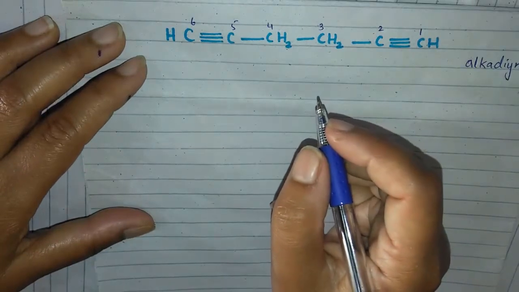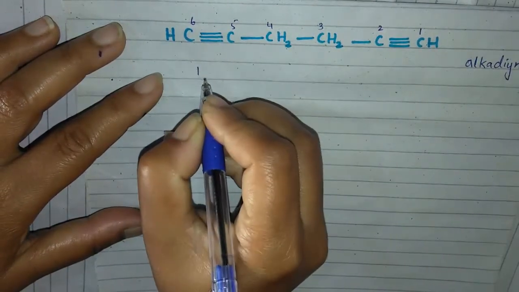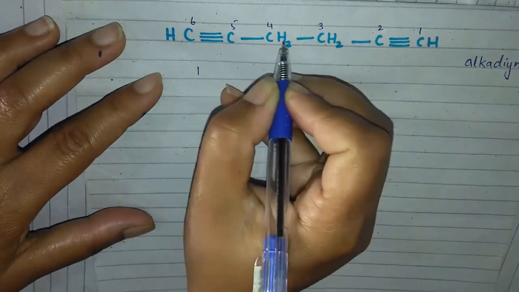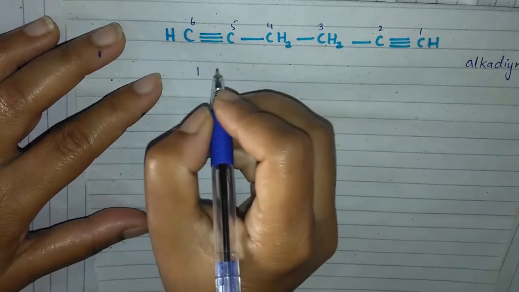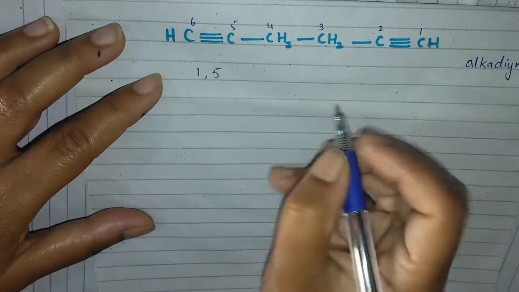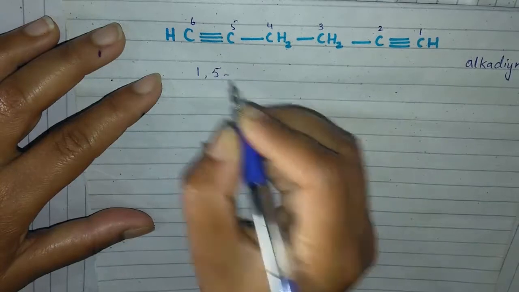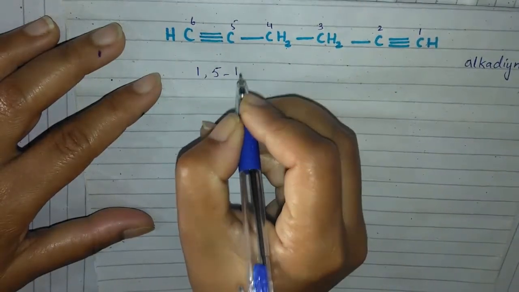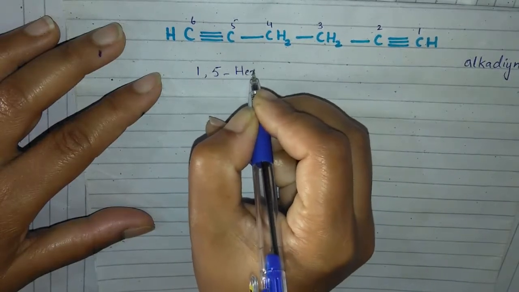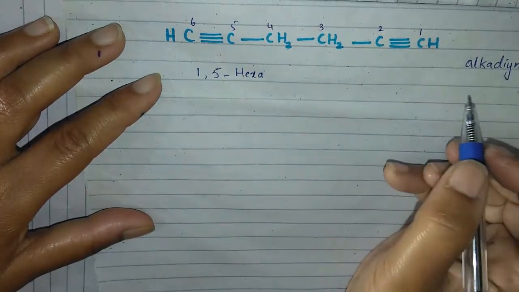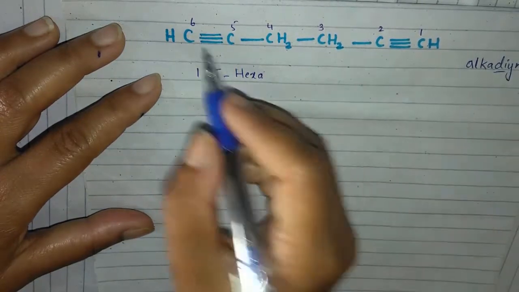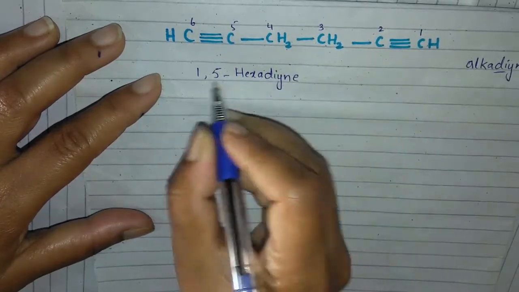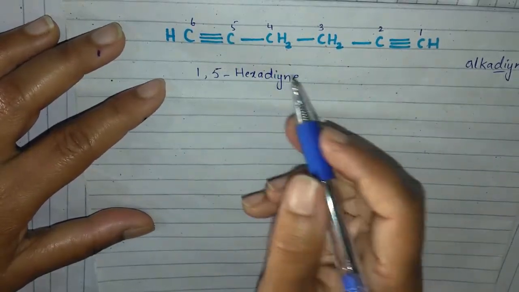Okay, first we have to write the numbers of the triple bonds, first carbon and then fifth carbon. We are moving in this way, so we will write 5 as the number of the triple bond, not 6. Then according to the general term alka, and 6 carbons are present, it means it is hexa. Now di, because it contains 2 triple bonds, and at the end Y and E, 1,5-hexadiyne. This will be the name of this compound.